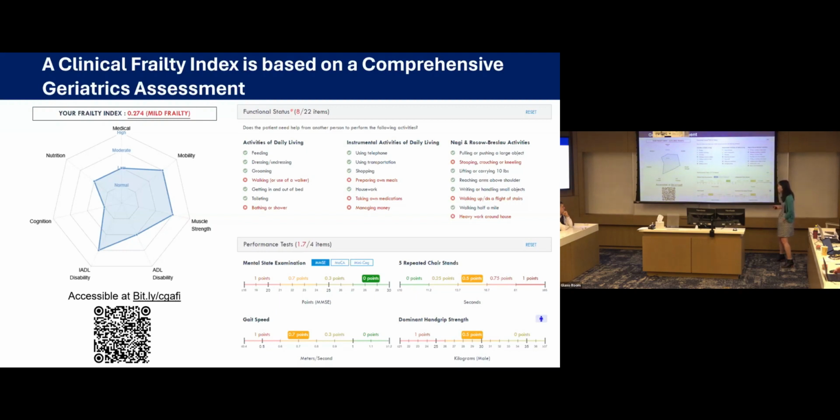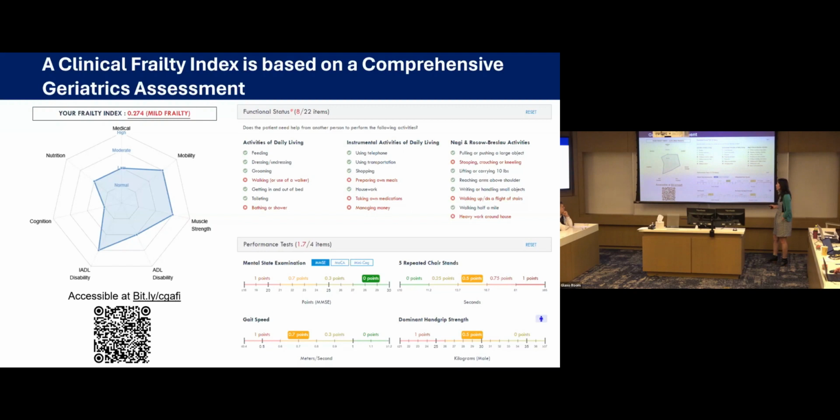Sometimes we may do performance testing, for example, cognitive assessments. We might be able to measure their gait speed, how fast they walk. And the idea is a frailty index essentially takes a ratio of how many problems they have, and it normalizes how many problems they ask about. So the QR code here is an online version of it that's available. But essentially what we can calculate is what's called a frailty index. So the example that I have up here calculated a frailty index of 0.27, which corresponds to mild frailty by typical cutoffs.